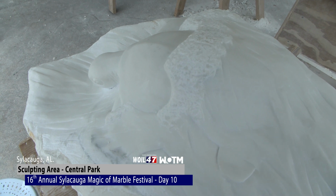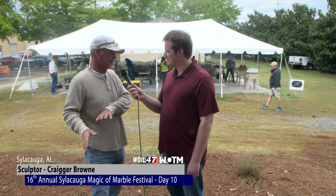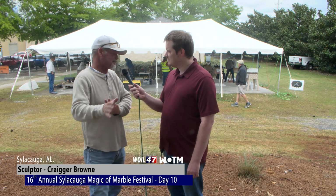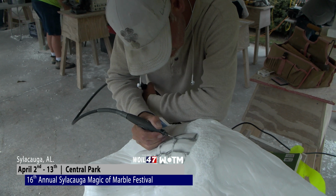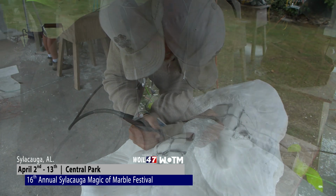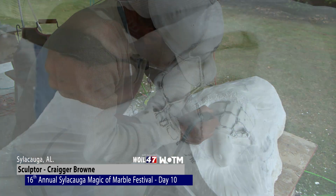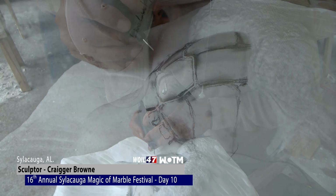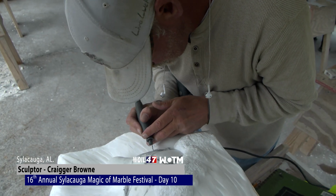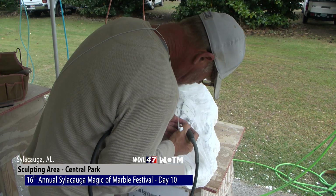I'm going to let him elaborate on the inspiration and the idea behind what you're working on this year. Well, I recently was commissioned to do a sea turtle, and the one that I did was after it had laid eggs and was working its way back to the ocean. So I wanted the challenge of actually carving one that was both in and out of the water. It's really just catching a wave and surfing and really playing with the textures of the sea foam, the water. Now I'm putting in the details on the shell, the pattern,